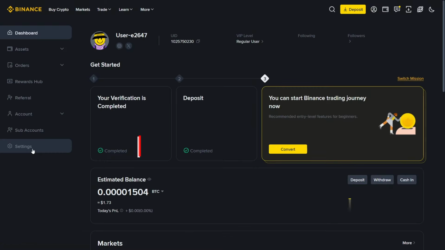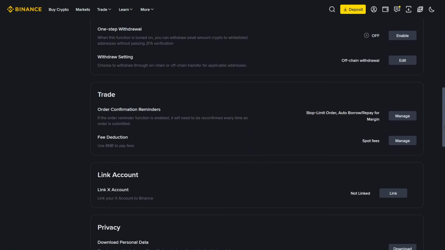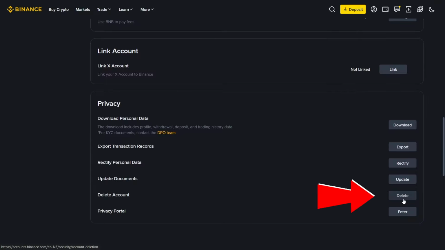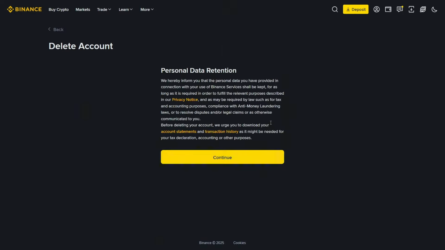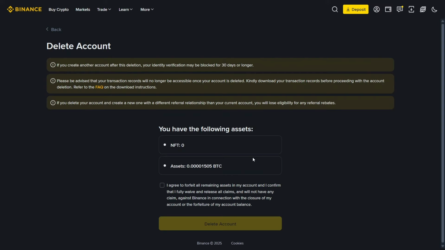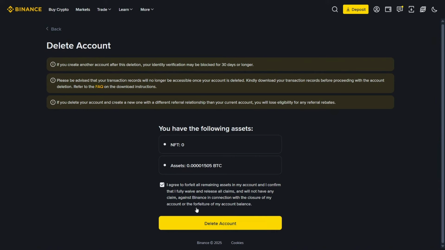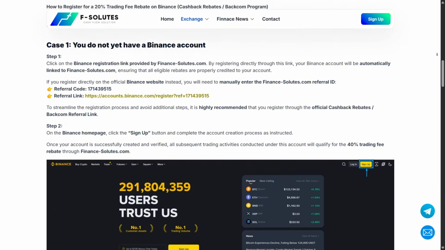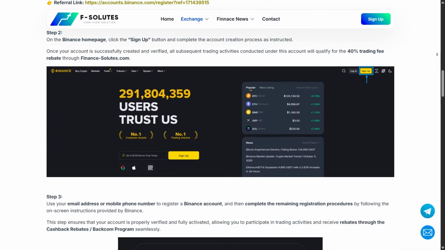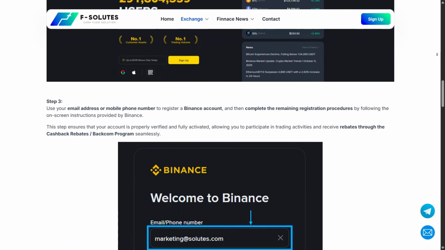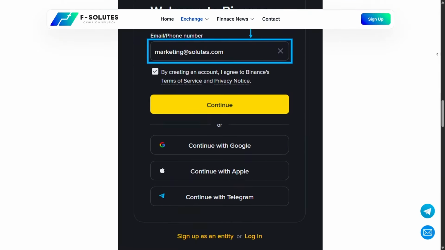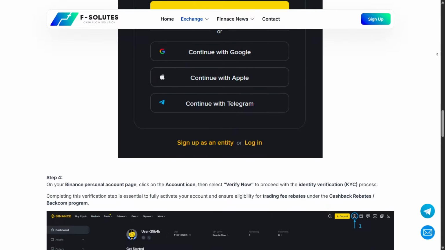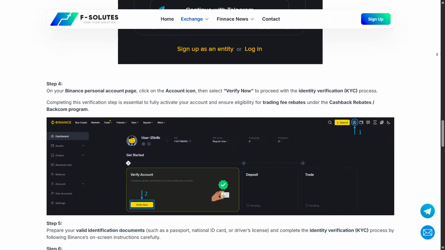Then, go to your Binance settings section. Scroll down to the privacy area and under Delete Account, click the Delete button. Binance will ask for confirmation and might send you a verification code. Follow the prompts carefully to ensure the account is completely deleted. Once that's done, your old account is permanently closed and you're ready to create your new one. Now, head back to the referral link in this video's description and register your new Binance account using financesalutes.com. Repeat the registration and verification steps we discussed earlier. Once your account is verified and ready, you can deposit funds and start trading again, this time with cashback rebates